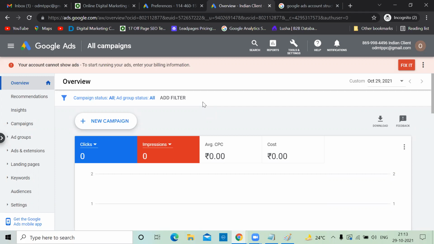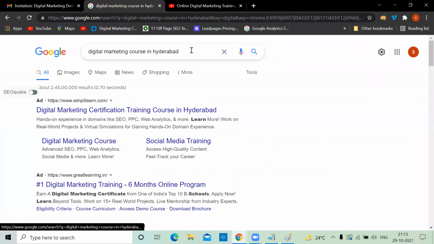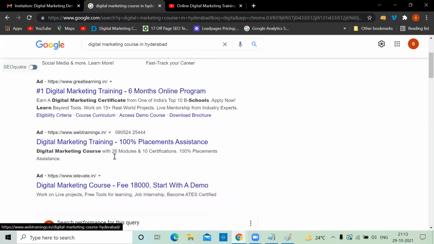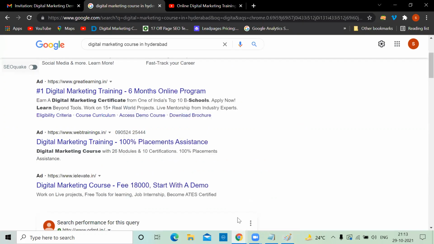So the conclusion for the search network is: someone searches and your ad appears, so it's intent based. Very important actually. Select your keywords properly and pay much attention to your ad copy, so that even if you come in second or third position, people click on it. But before you create a campaign, have the Google Ads account structure so that you'll have a clear idea of what you are doing: how much budget I'm allocating to campaign 1, campaign 2, what is my overall budget, what are my keywords, how is my ad copy, everything. So this is the base campaign I created.